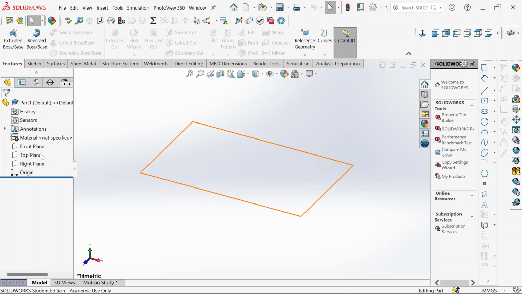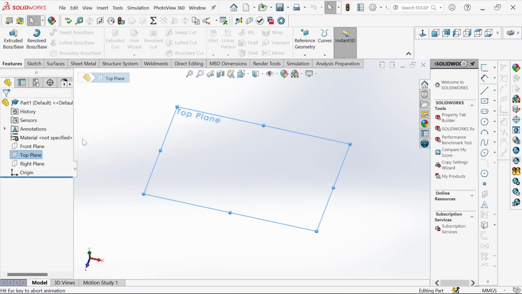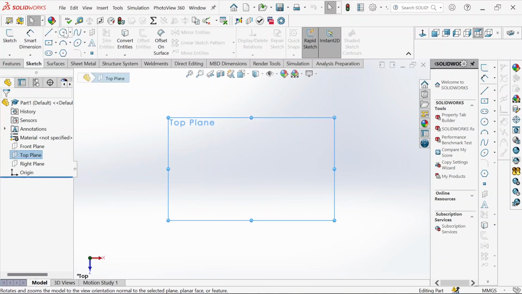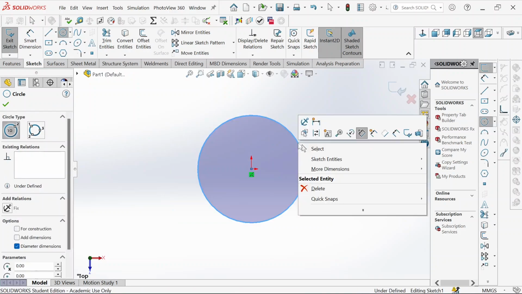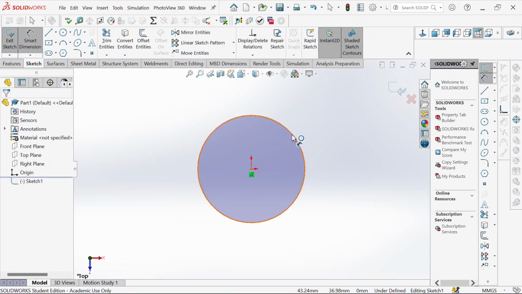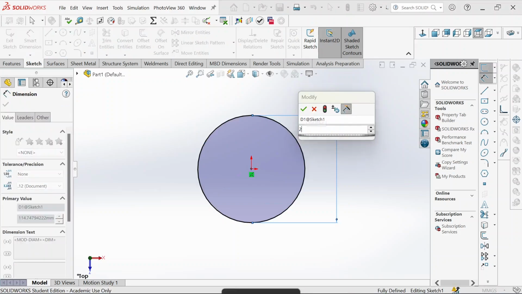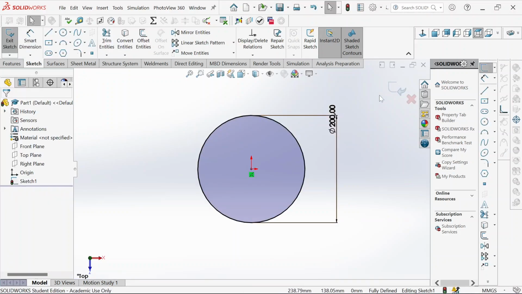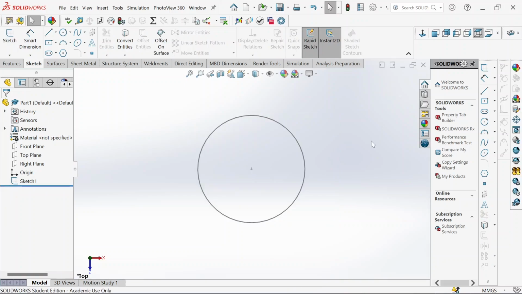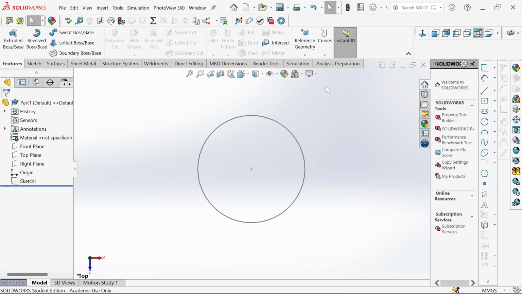Let's go. Select top plane, sketch a circle, define it. This will be 200 millimeter. Then click OK. Then exit the sketch. Then we go to feature,